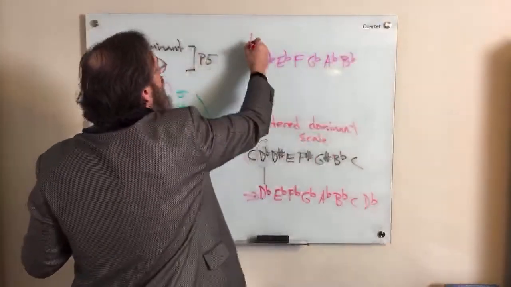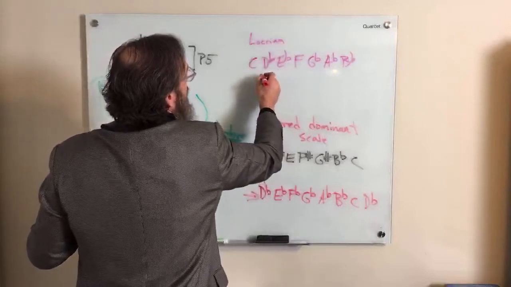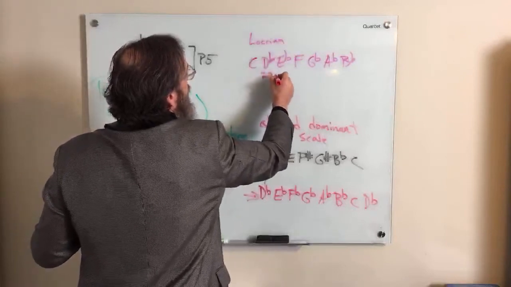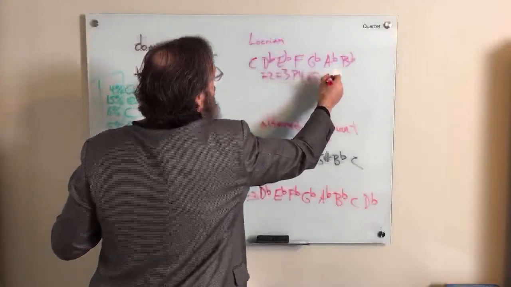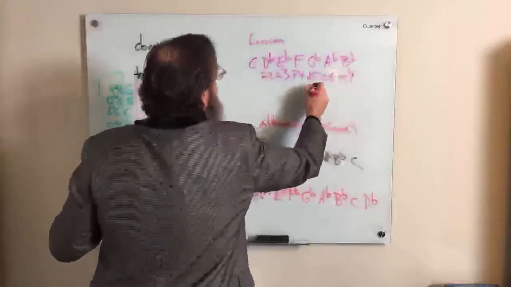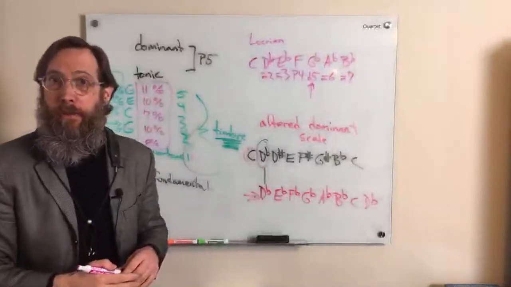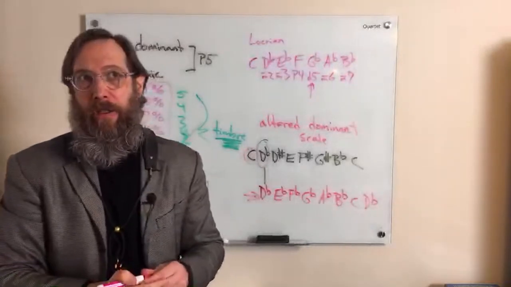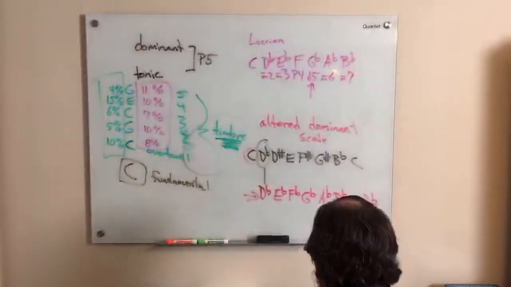So this is a Locrian scale, right? So we see that we have a minor second, a minor third, a perfect fourth, a diminished fifth, a minor sixth, and a minor seventh, right? That's the reason Locrian is overlooked. That's why it's not used. Is because this relationship